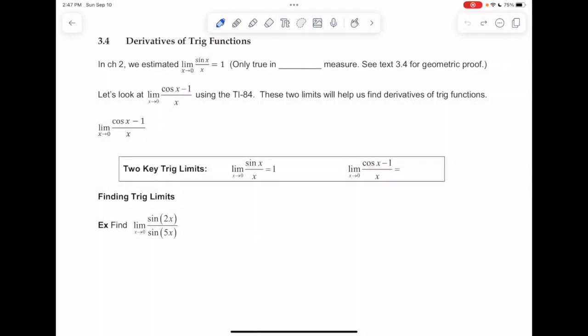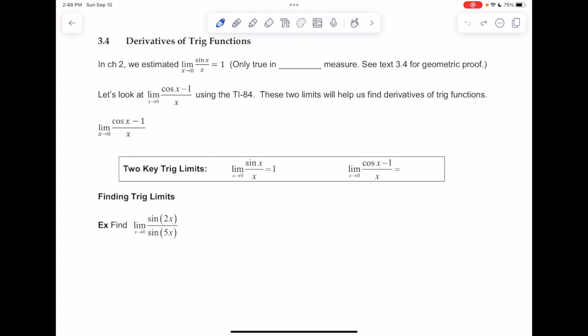Section 3.4, derivatives of trig functions. So in this section, we're going to look at the derivative of all 6 of the trig functions, try and come up with formulas for those. In order to prove those, we need some limits known involving sine and cosine. So we're going to start off looking at those, and then we'll move over to the derivative formulas for the